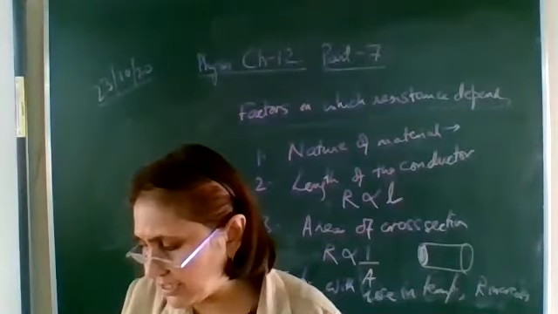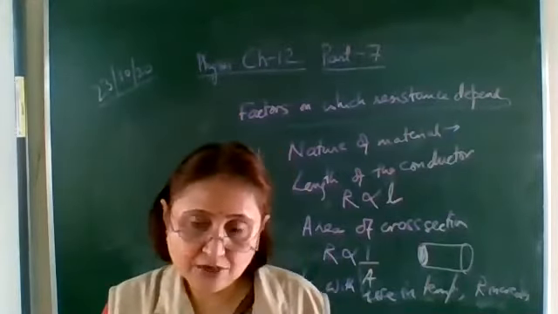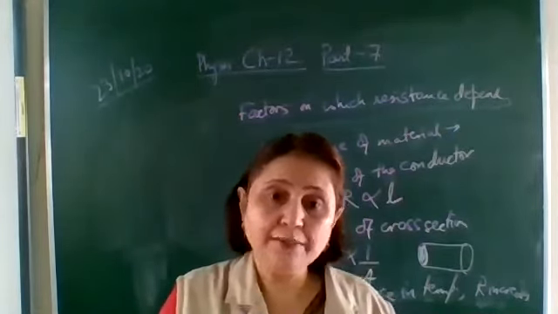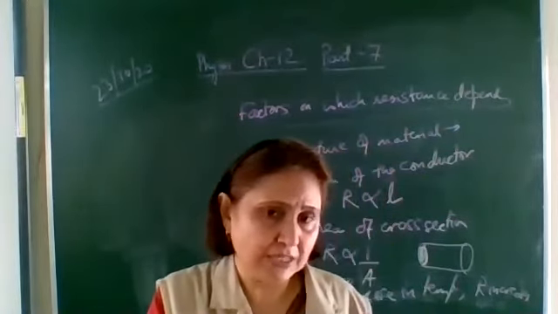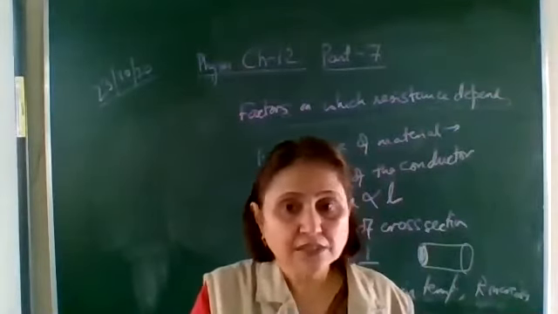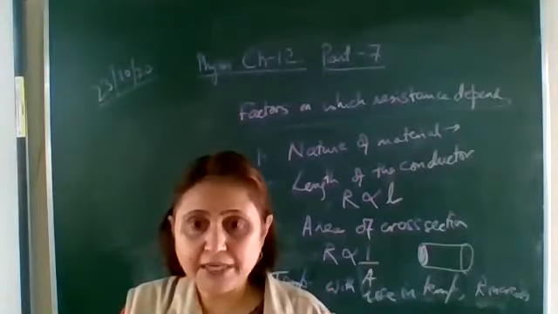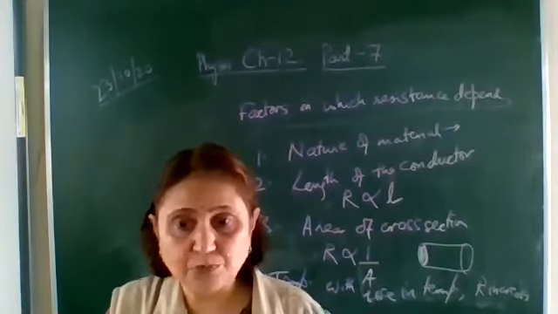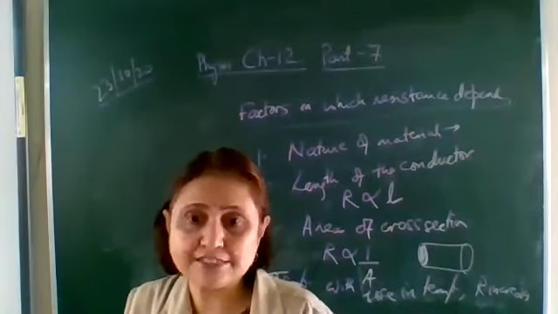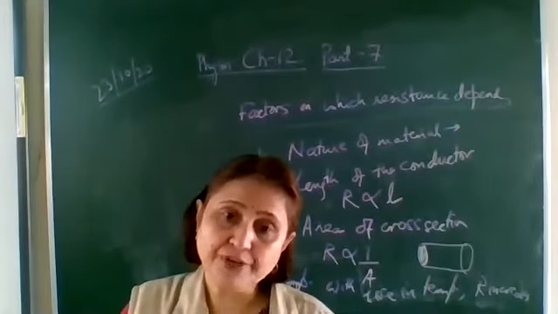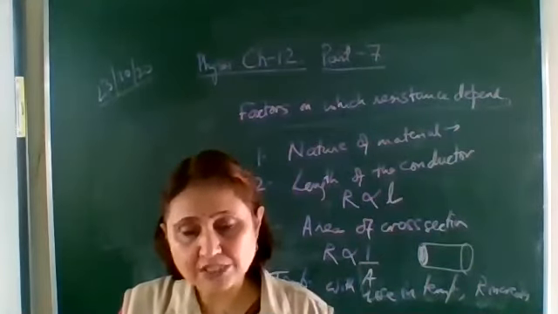A component of a given size that offers a low resistance, we call a good conductor. Any component through which a larger amount of current is flowing is offering less resistance. Resistance means opposition to the current. Such a conductor we call a good conductor. Any material which is offering more resistance, meaning less current is flowing, we call a poor conductor. And if it is offering very high resistance, so that the current hardly flows through it, such a material we call an insulator.